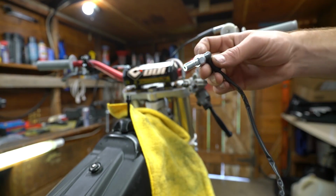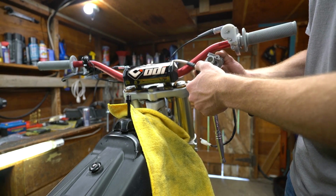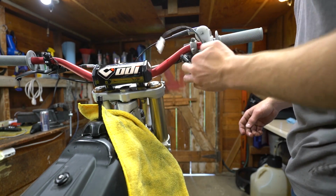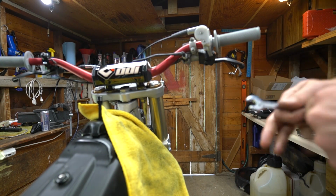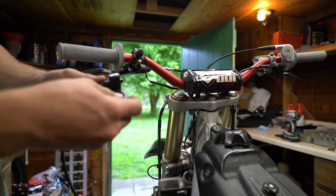Next, we're going to be installing this brake switch. To deal with this, I'm going to remove this one. And then we'll just add a little bit of brake fluid later, test the brakes, make sure we're all up to speed on those. Next is going to be our control switch, and because of the way they make it,